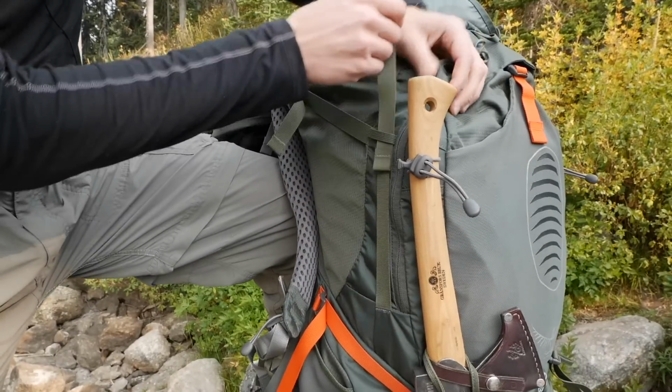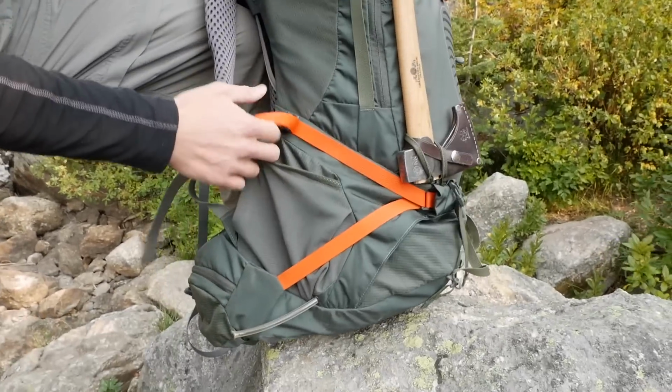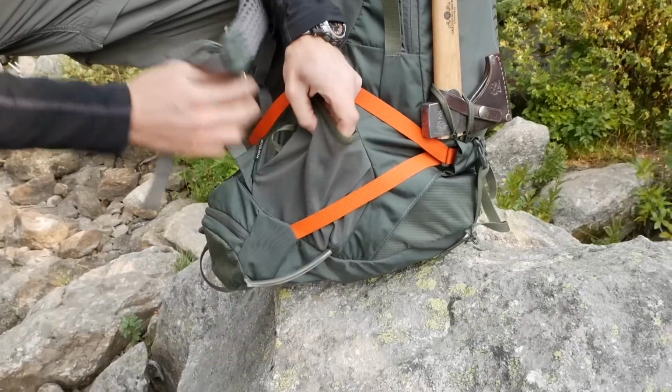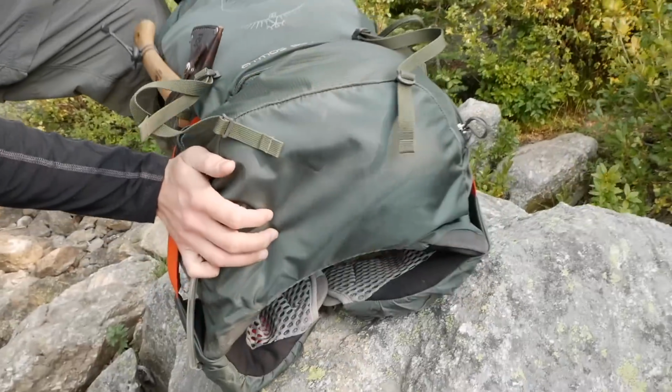And then again, a compression strap for the lid, one for the top, one for the bottom, very similar, just like on the other side. We have the big pocket here as well. Same thing, here's the stow on the go, here's the size. And then as we go down here to the bottom of the pack,